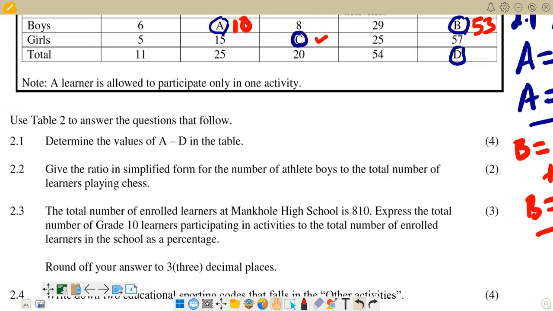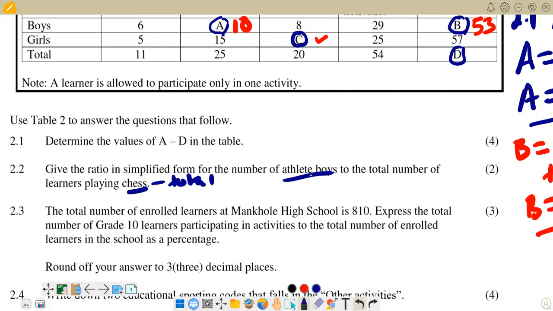So here, the hint is athlete boys to learners playing chess. Here, for chess, the figure we are going to take is the total for chess,